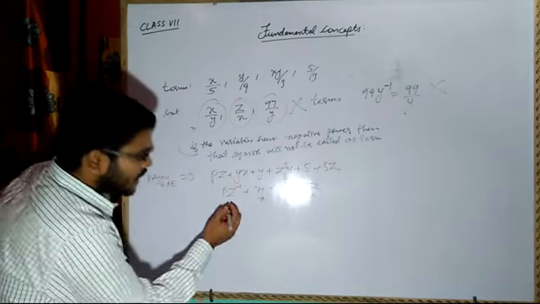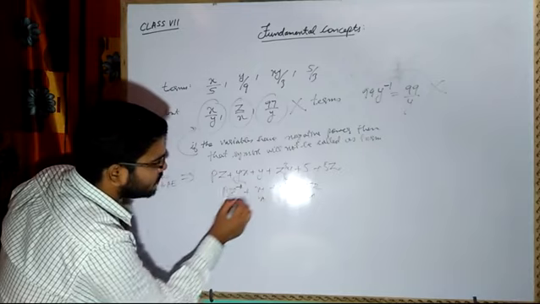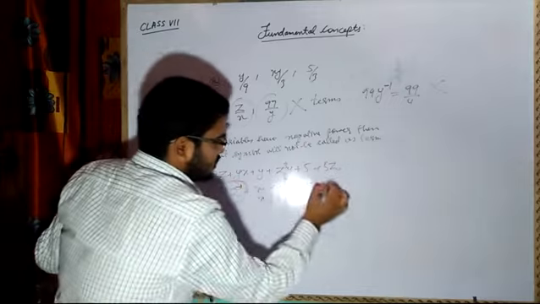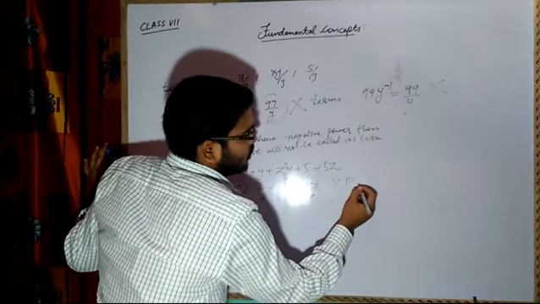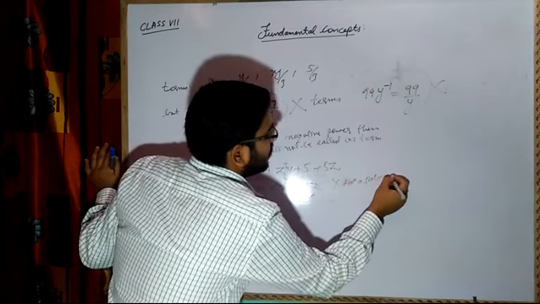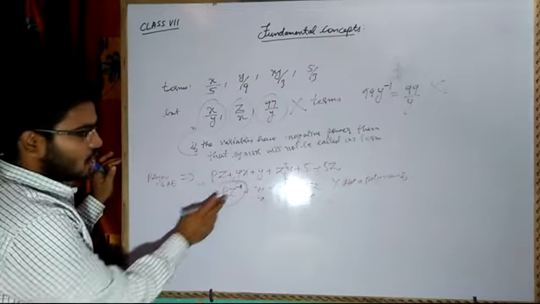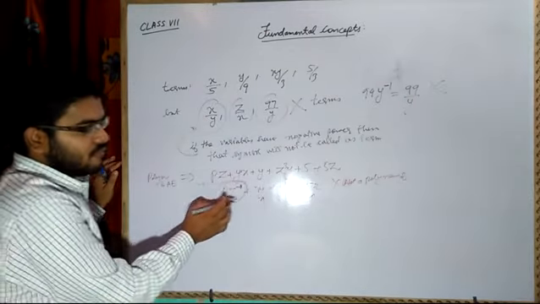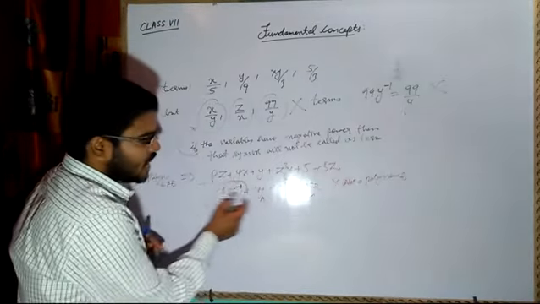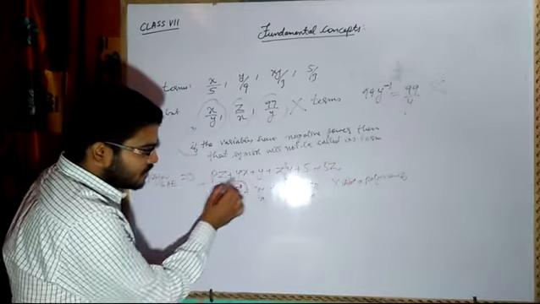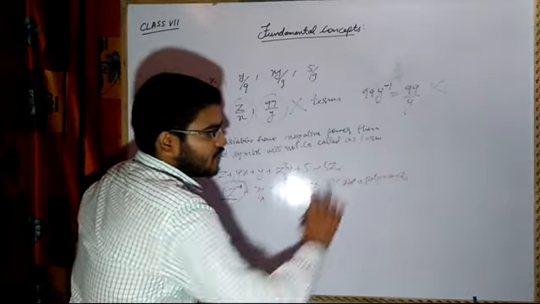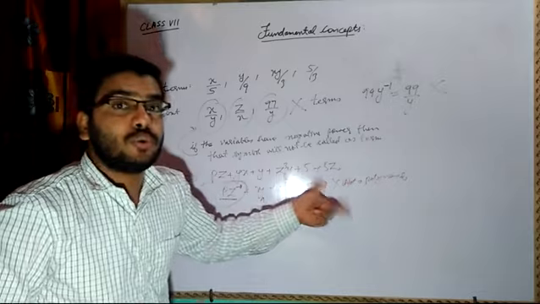No problem, no doubt. But because of this negative value, this whole set will not be called a polynomial. This is one fish which is dirtying the entire pond. Suppose this is a pond and these are the different varieties of fish. Because of this fish, the entire pond is dirty. No one is going to take the help of this pond. No one is going to use this pond.